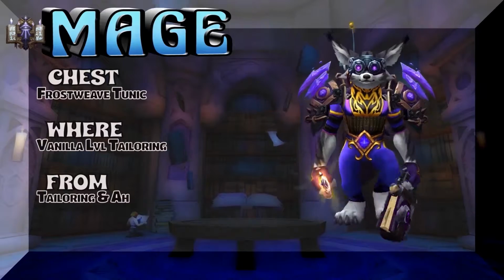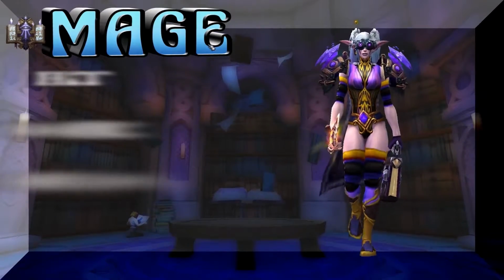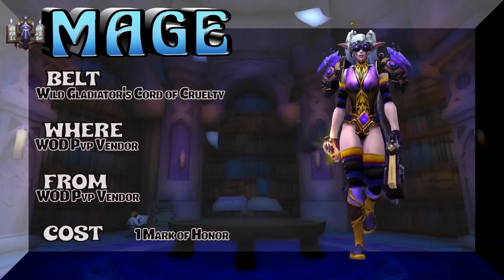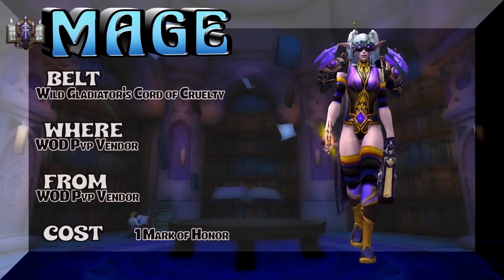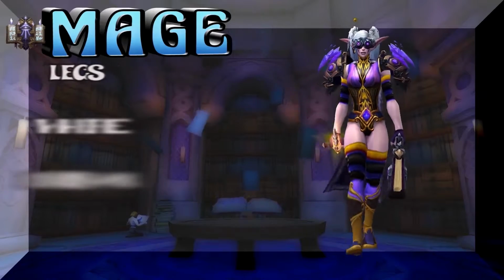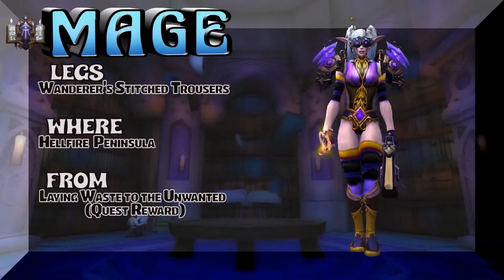The belt, which is kind of a cool looking belt, I think. Now, you see what I'm saying? I mean, you'll see the difference when you see the next male, but it looks epic on female. It really does. Wild Gladiator's Cord of Cruelty, WoD PvP vendor, 1 mark of honor to get the belt if you're Horde. Warmongering. The legs, Wanderer's Stitched Trousers, Hellfire Peninsula,